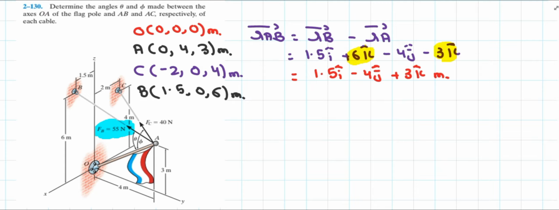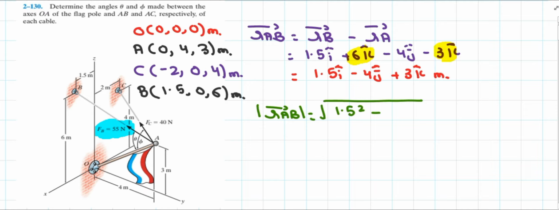which is meter. This is the position vector of R_AB, but what about its magnitude? For the magnitude, we have the formula, that is the magnitude of R_AB equals under root x square plus y square plus z square. X is 1.5 square, y is 4 square, and z is